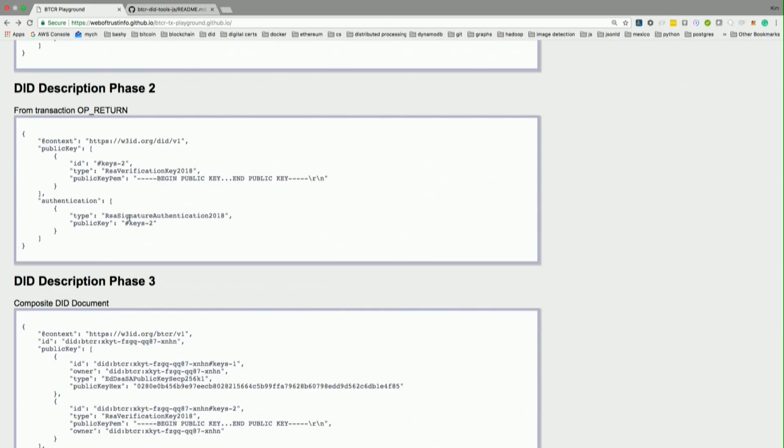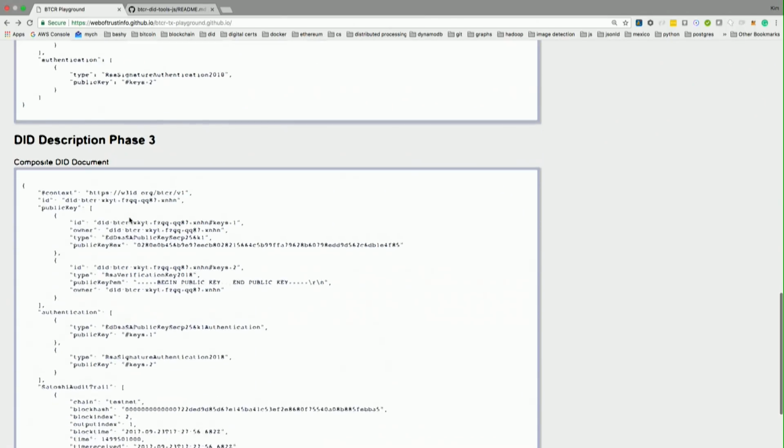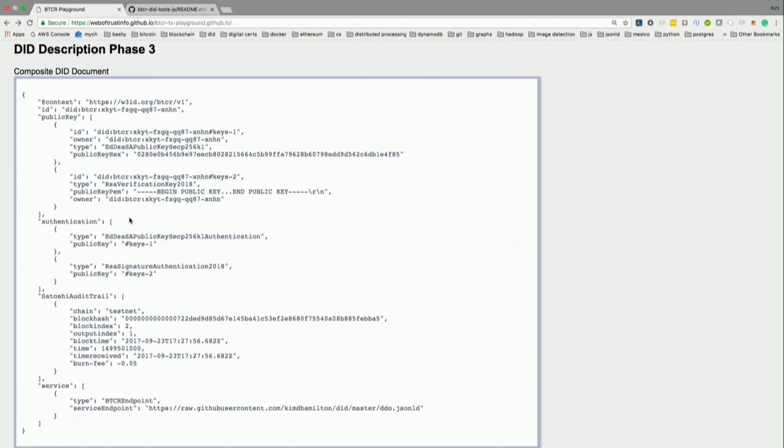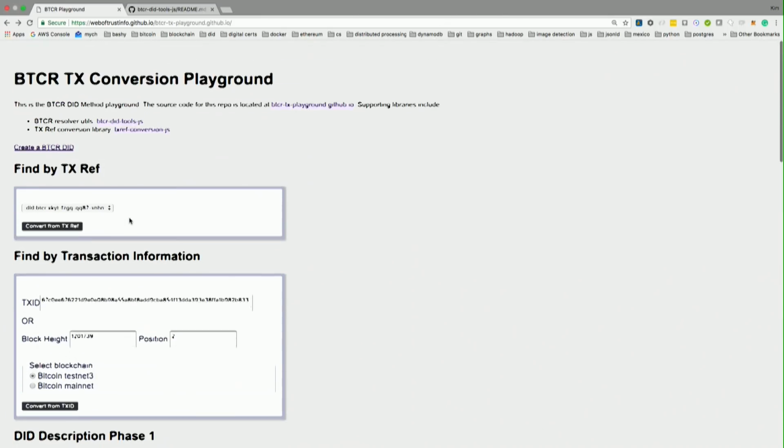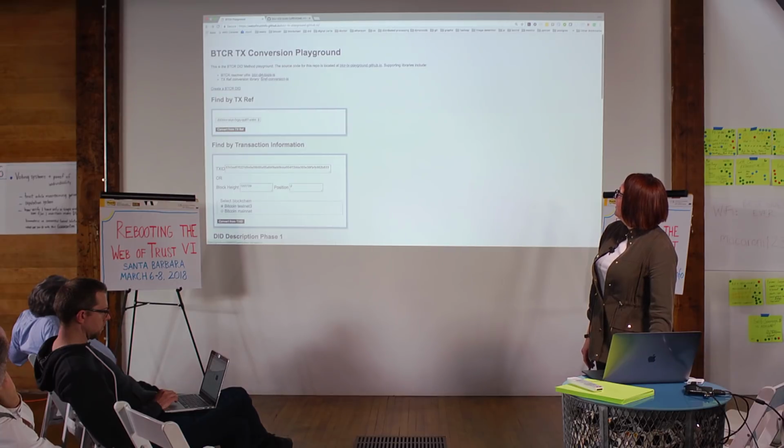And I've also given that the ability to authenticate. So DID phase 2 is basically just pulling in any additional DID fragments. And then DID phase 3 is everything merged together. So I'm going to wrap it up here, but I want to quickly point out that, again, this